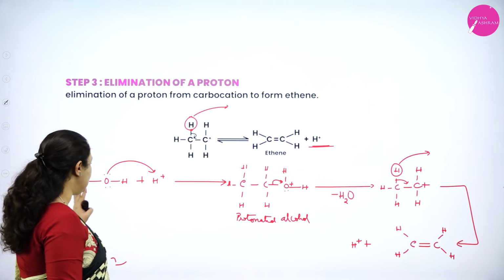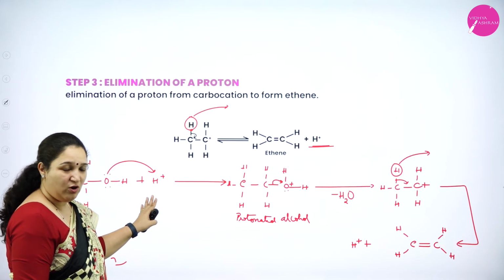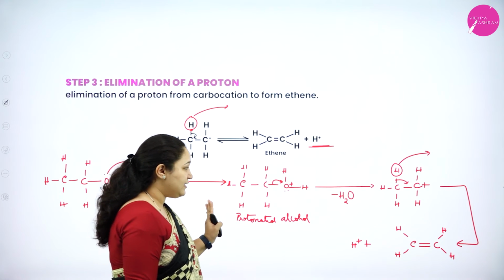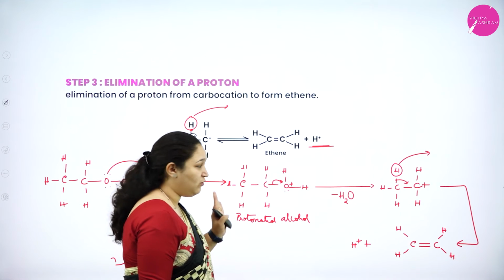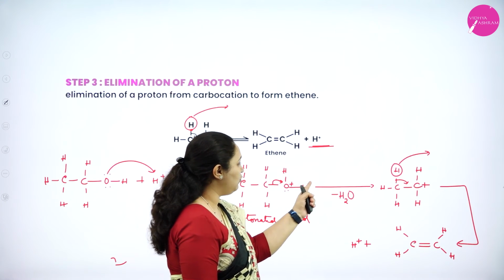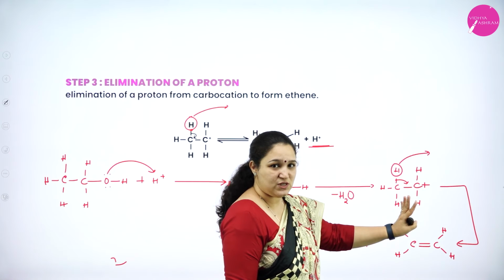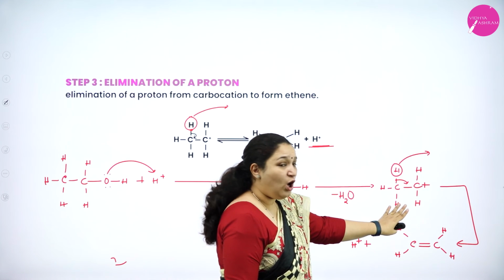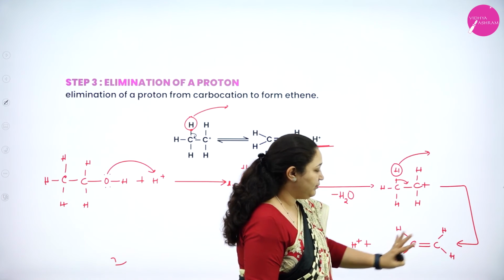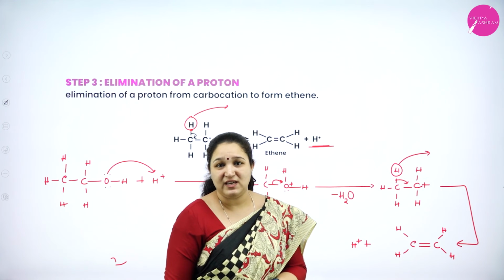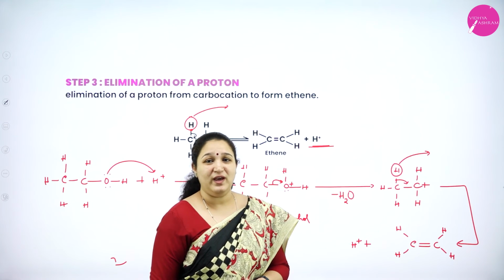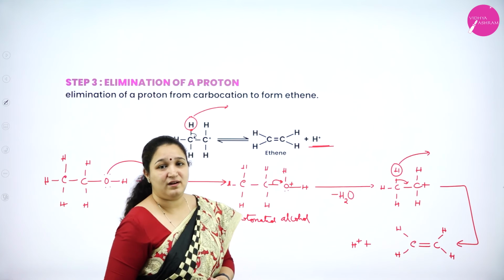Okay, step 1, what is it? Protonation of alcohol to get protonated alcohol. It is also called ethyl oxonium ion. Next, removal of water molecule or loss of water molecule to form carbocation. It will take up the electrons from carbon and move out as H2O, and carbon will get the positive charge. After that, again loss of proton, H plus ion will be lost so that the electrons can be given to the carbocation to form the double bond. You get ethene. It is very easy, isn't it? That is why it has been asked so many times in the previous paper. Okay, please write and learn.